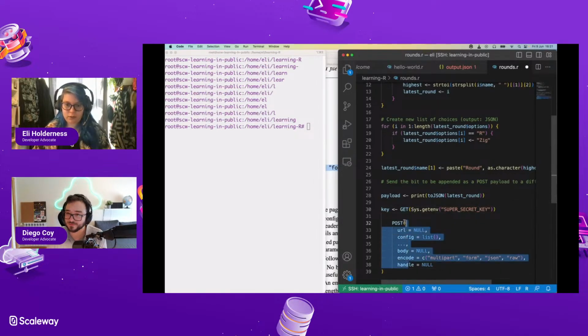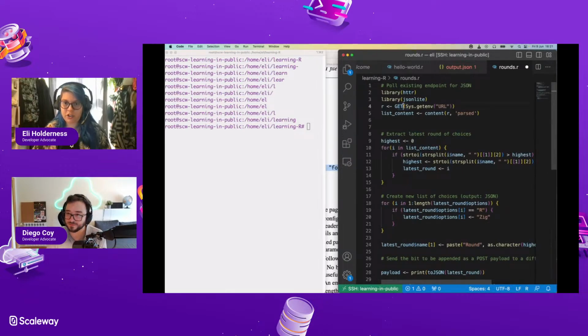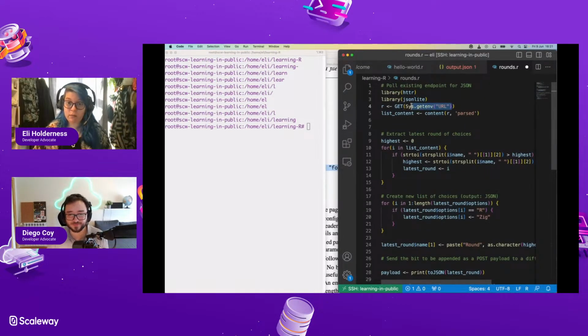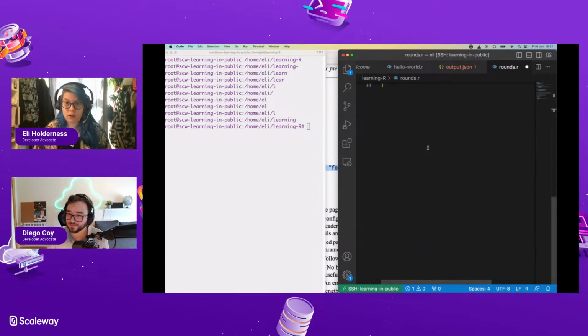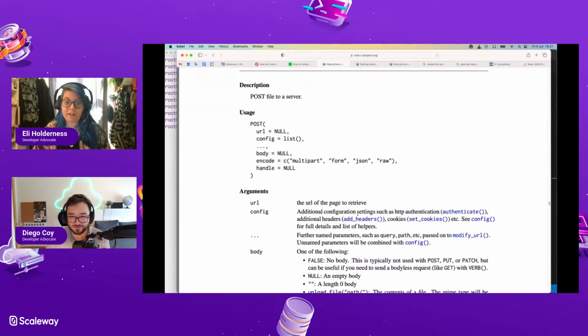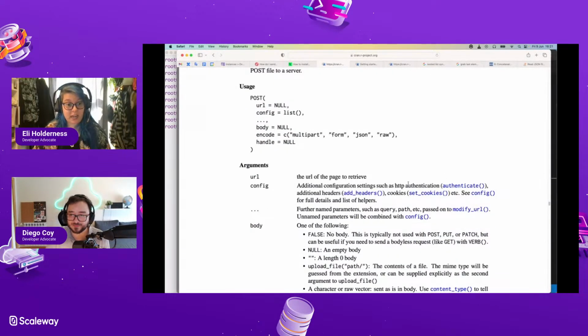Right. So it's just in the namespace. Cool. Good. So the URL is the same URL. The config is additional configuration headers, such as HTTP authentication.